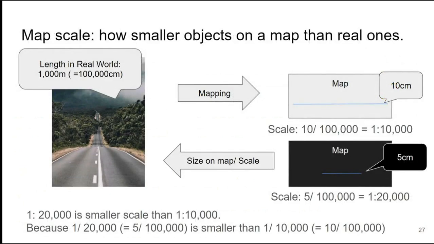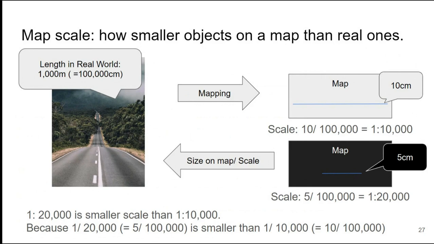Map scale is how much smaller objects on a map are than real ones. For example, a road is 1000 meters long in reality and 10 centimeters on the map. Then the scale is 1/10,000. Also, say the road is 5 centimeters long on a map. Then the scale is